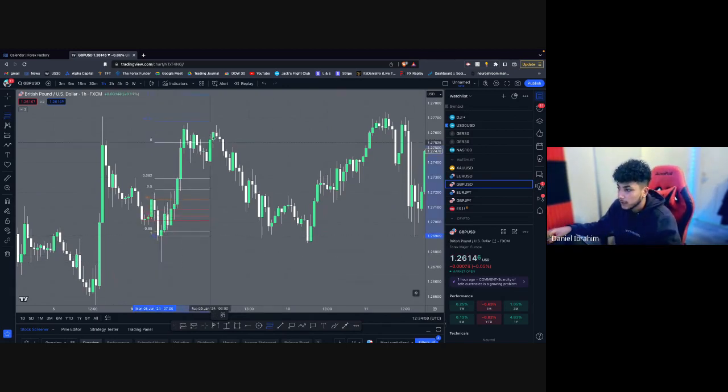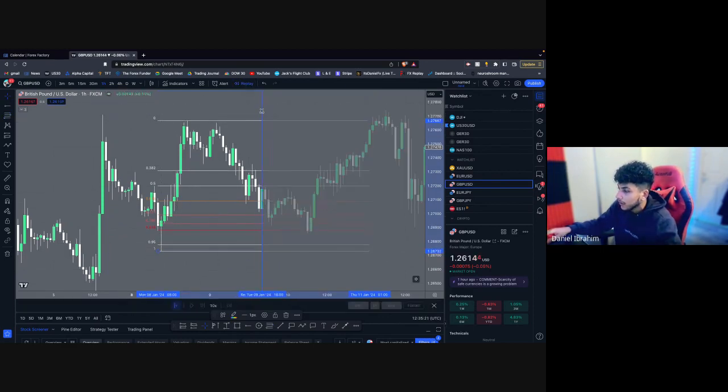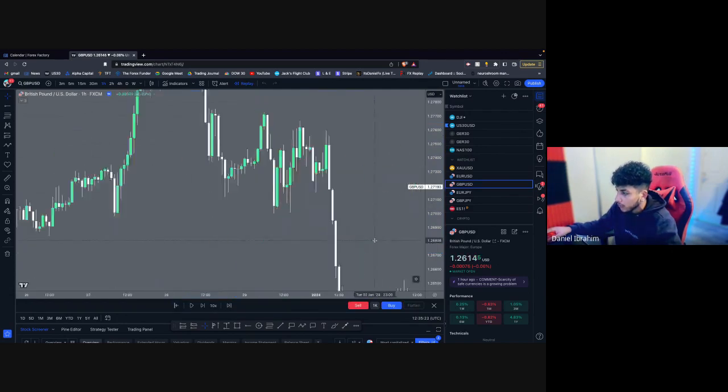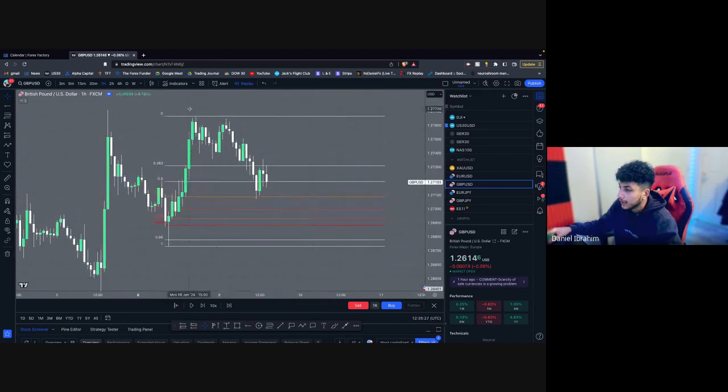A lot of people make a mistake. They go from body to body. It's wick. So you go from this wick low and you drag up to the high of the move, which is this high, not this high, because that's the previous move. And you drag and you extend right so you can actually see your lines. See, from the low to the high, that is my Fibonacci retracement. And the idea is, or just to put it back in replay mode, the idea is you now sit here,